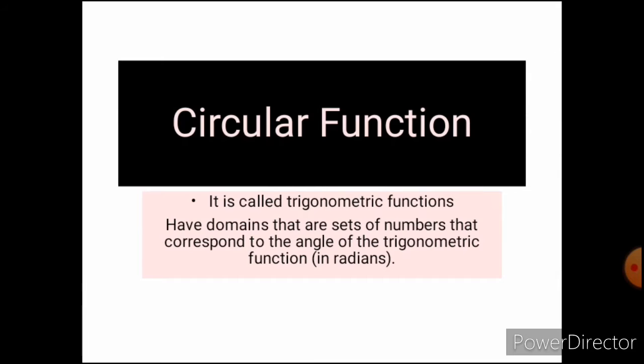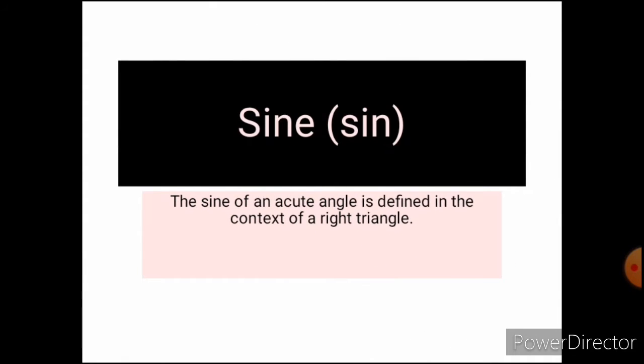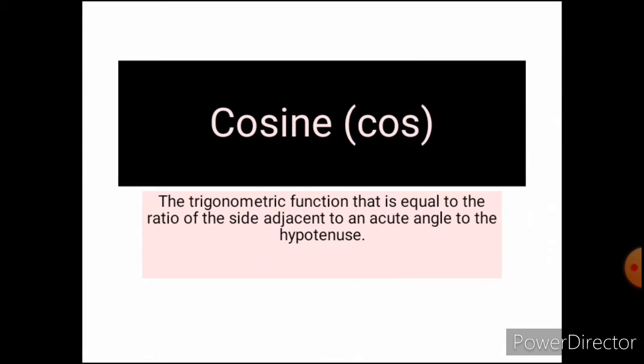Also, this set of functions is considered circular because the function describes a point on a circle as a function of an angle which is defined by radians. So, the first function that we will define is sine. The sine of an acute angle is defined in the context of a right triangle. The second one is cosine, the trigonometric function that is equal to the ratio of the side adjacent to an acute